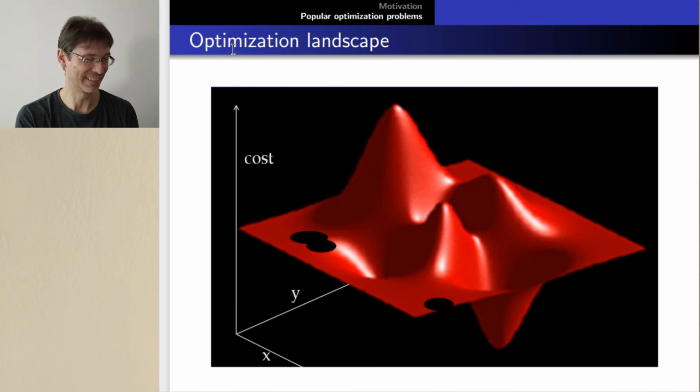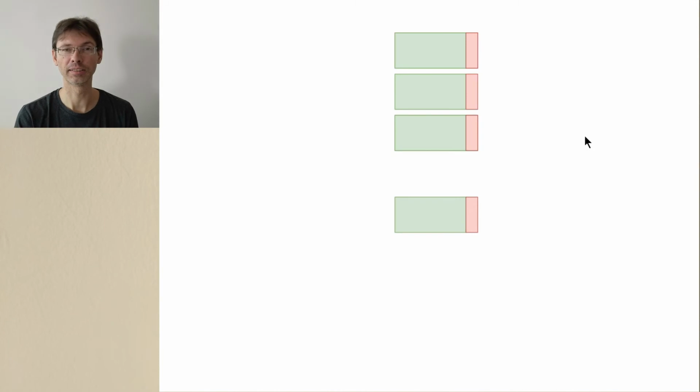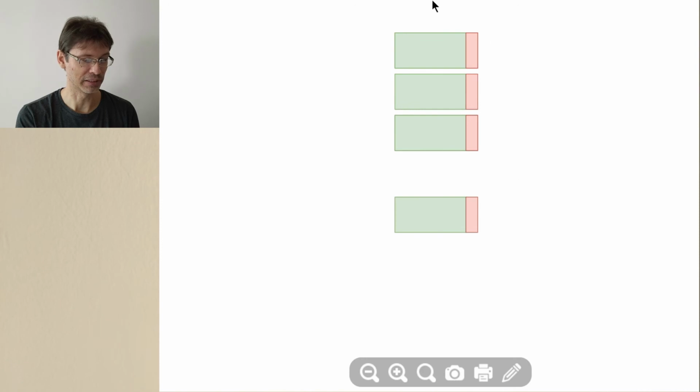Okay? It's an optimization landscape in this slide, but fitness landscape is a very popular term. It comes from evolutionary algorithms because this fitness word is typical for evolution, but this name fitness landscape is also used in other algorithms sometimes, like in local search, which has nothing to do with evolution. So this is our population.